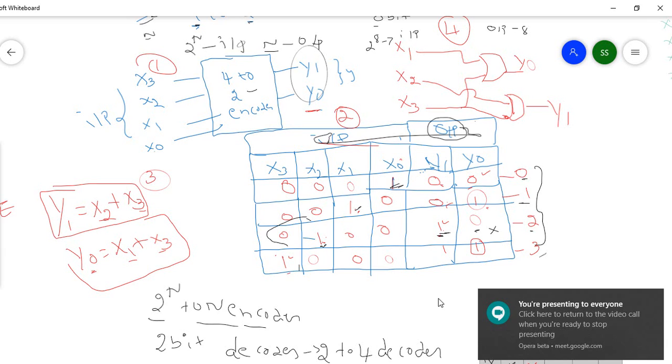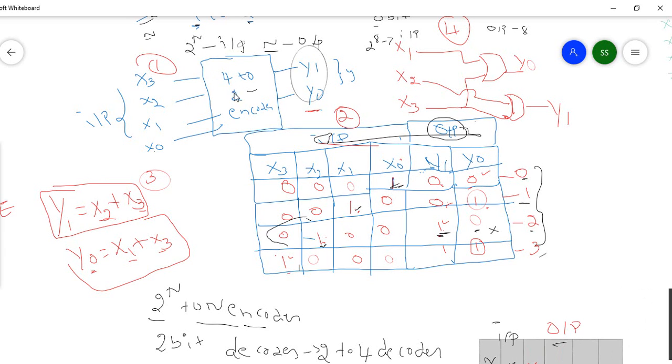The priority encoder is something like this. It has a similar structure to the 4 to 2 encoder; we will go with 2 bits only. The structure is the same as the previous encoder, there is no difference. The difference is in how to overcome the disadvantages we discussed. That is the main part of this encoder.